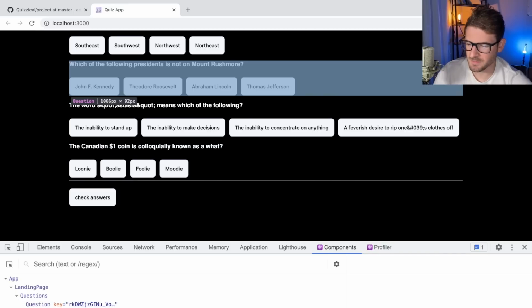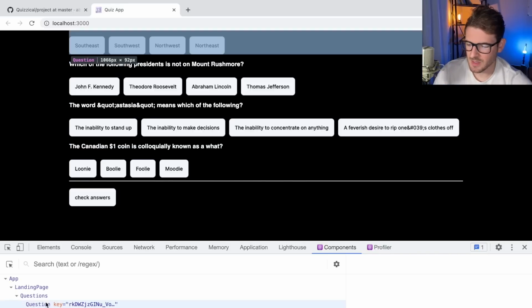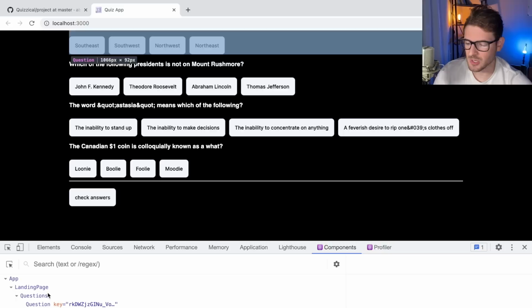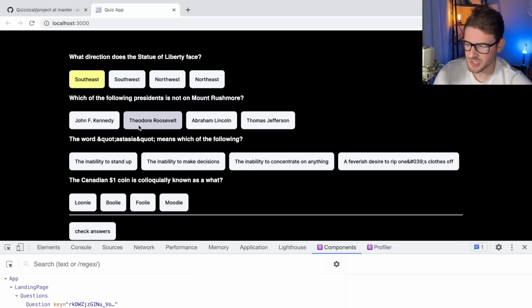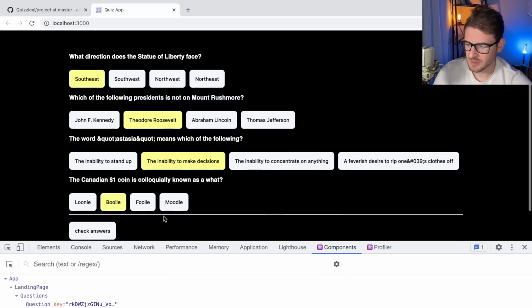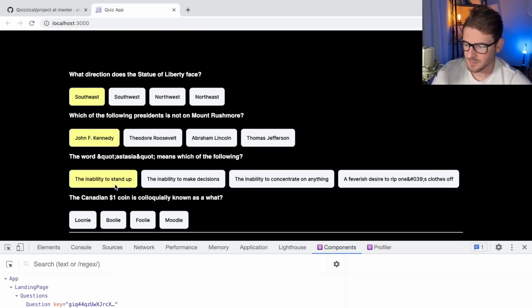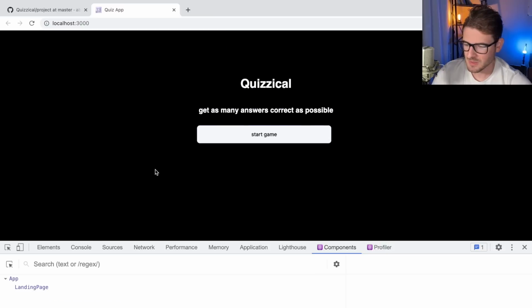So every question is I guess a row, and it asks you different question answers you can click on. So let's just click on some of these because I don't really know what the answers are. Go ahead and click check answers, got a 0. So I don't really know what happens if you